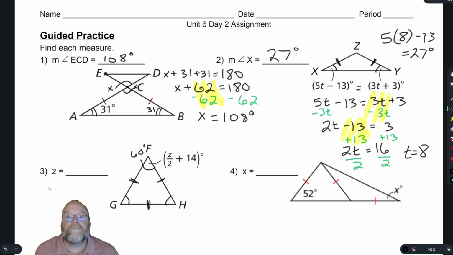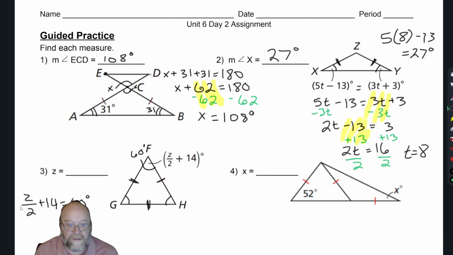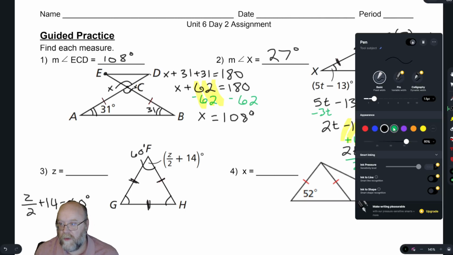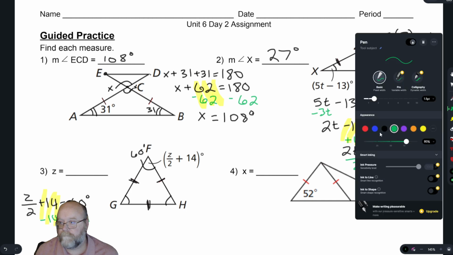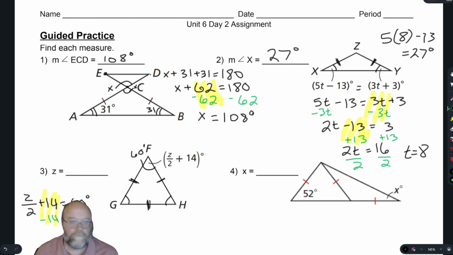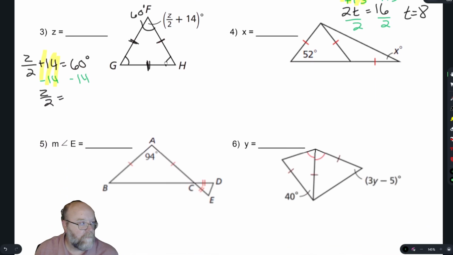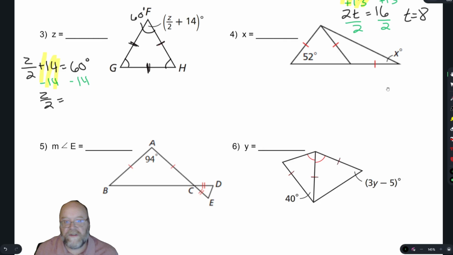So you can say z over 2 plus 14 is equal to 60 degrees. Do you guys know what to do with this fraction here? I wonder if you know what to do. But we know what to do with this 14, don't we? We're going to subtract it. You end up with z over 2 is equal to, let me move this up. Hope you got that. Z over 2 is equal to